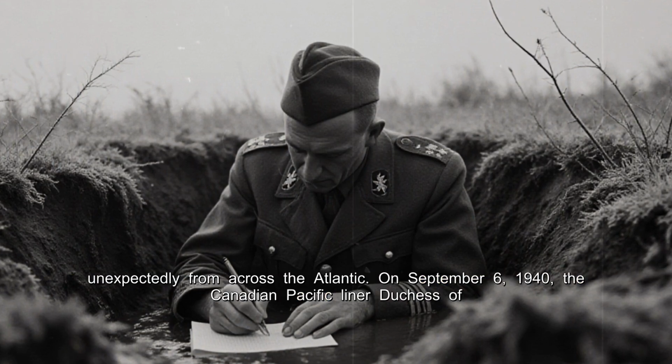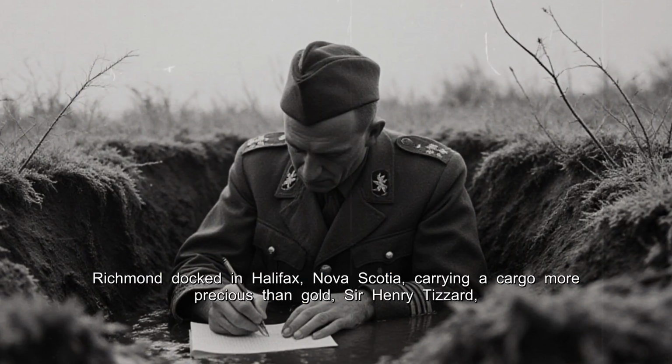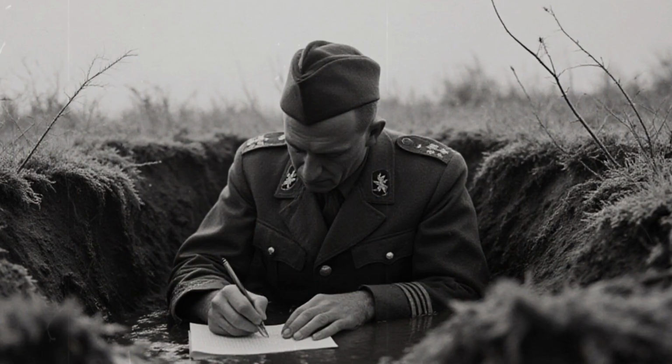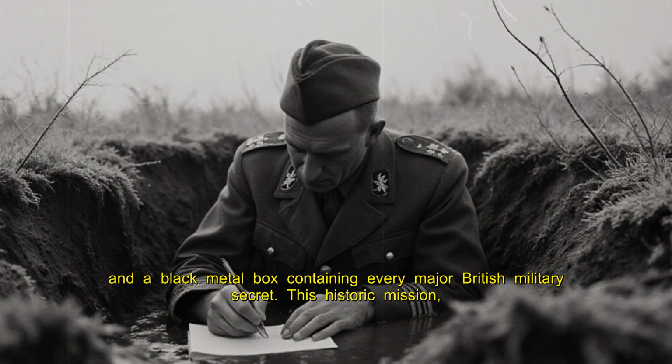The breakthrough came unexpectedly from across the Atlantic. On September 6, 1940, the Canadian Pacific liner Duchess of Richmond docked in Halifax, Nova Scotia, carrying a cargo more precious than gold: Sir Henry Tizard, and a black metal box containing every major British military secret. This historic mission,